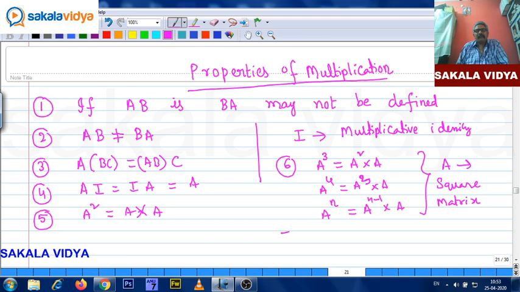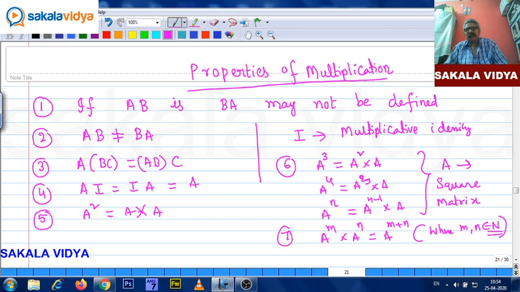Similarly, for example, if A is a square matrix, A power m into A power n equals A power m plus n, where m, n belong to natural numbers or integers. Then only it will be possible. So, understood now. And next,